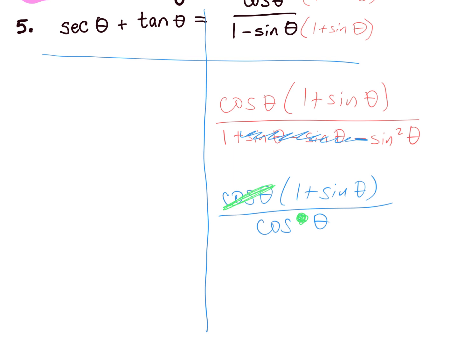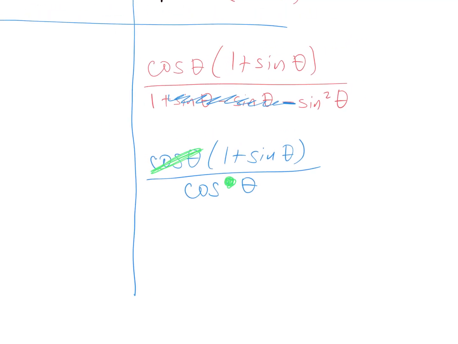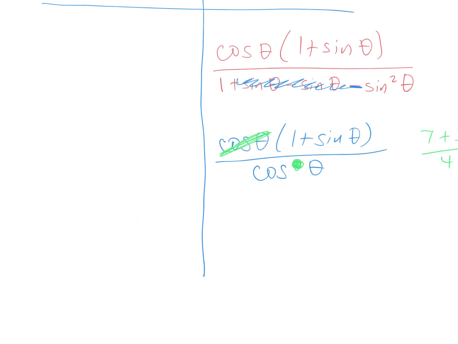Now you're kind of like, okay, wait, what do we do? Remember, when all else fails, we turn everything to sine and cosines. But we're already in sine and cosine on the right-hand side. Look at the left-hand side. Let that guide you a little bit. Now that we have 1 monomial in the denominator, think algebraically, guys. Can I split that green fraction up? Yes. I could say 7 over 4 plus 3x over 4, right? Can I do the same thing with my blue fraction? Yeah. I can rewrite this as 1 over